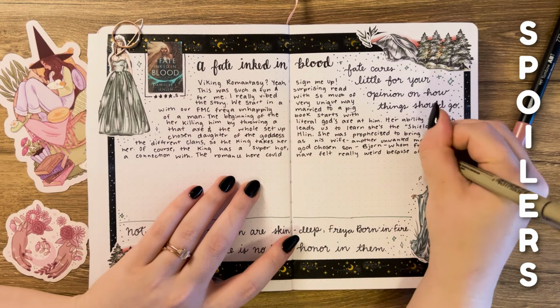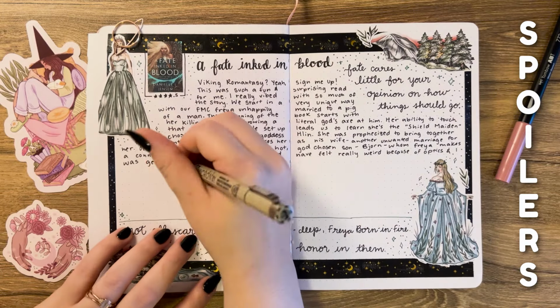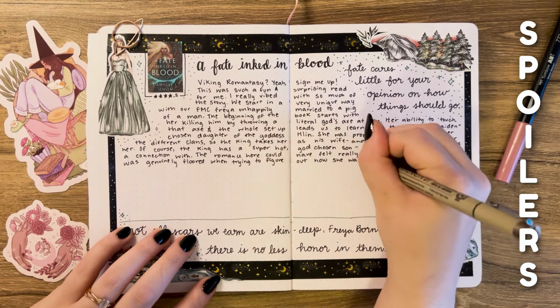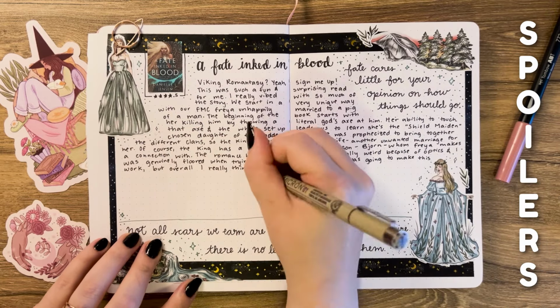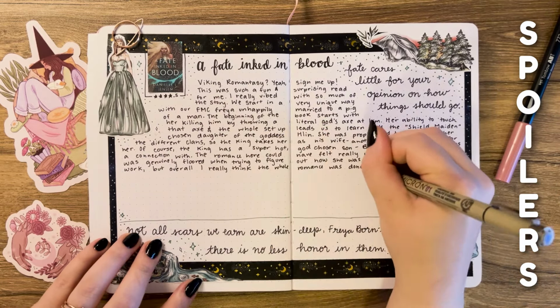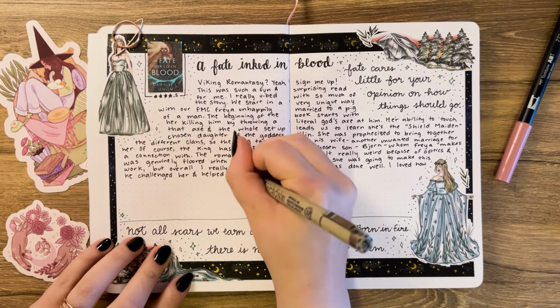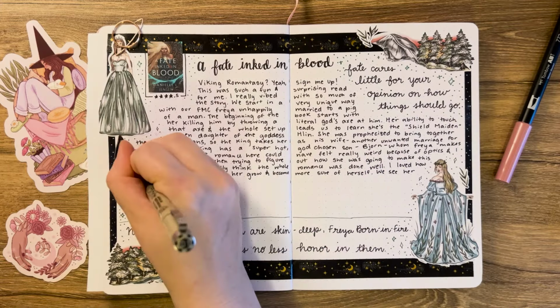We get to see the gods, and there's more, and it's pretty violent and bloody, and all this stuff happens. And at the end, there's this reveal that I kind of saw coming, but it's still a fun reveal, and I'm excited for the next book. I really had a lot of fun reading this and kind of couldn't put it down. So it was a great 4-star read for me, and I also really enjoyed how this spread turned out